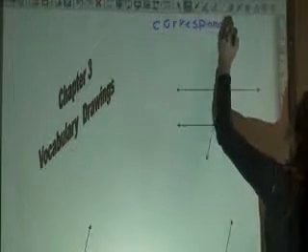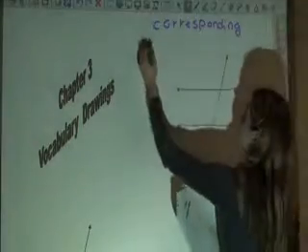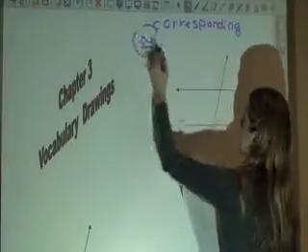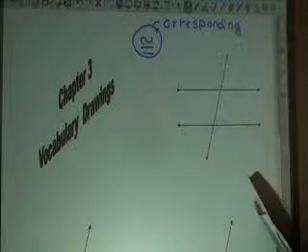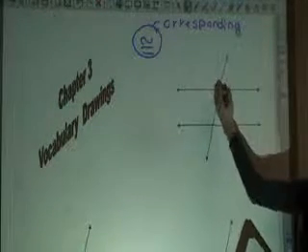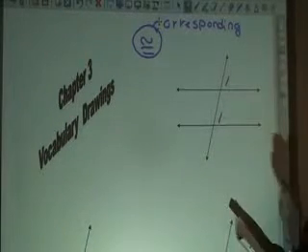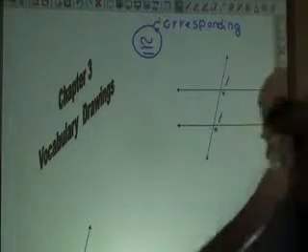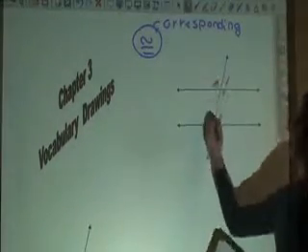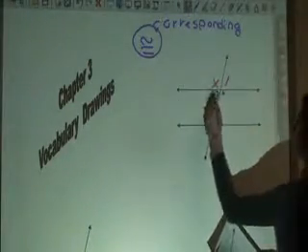So you're going to write corresponding. Corresponding angles are always congruent. Very important. You must know that. You also must know how to recognize them. This and that. So those dash marks are corresponding. This dot and that dot are corresponding angles. The X with the X are corresponding angles. And then this little square,